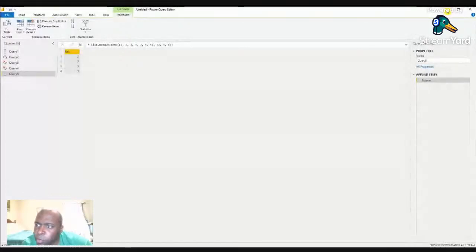So the first function that we're going to create, we're going to add 2 columns and get the sum of those two columns. So to create a custom function,